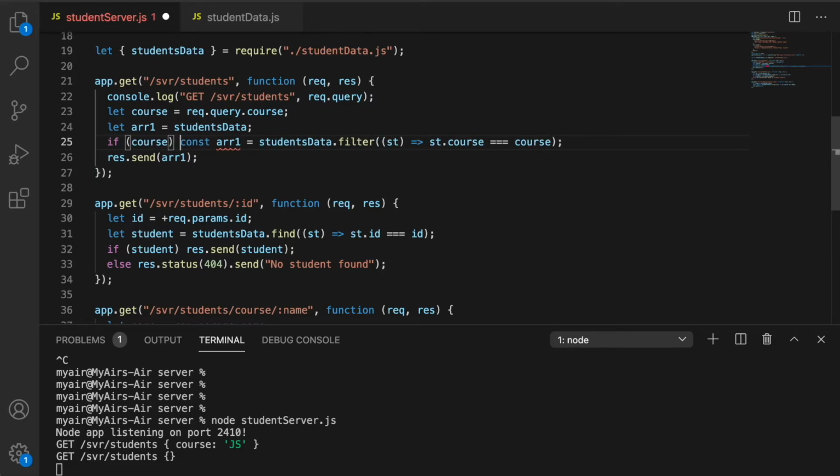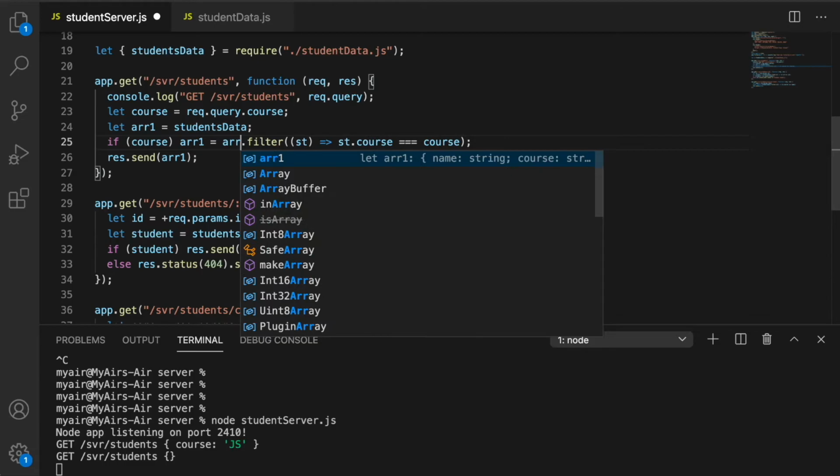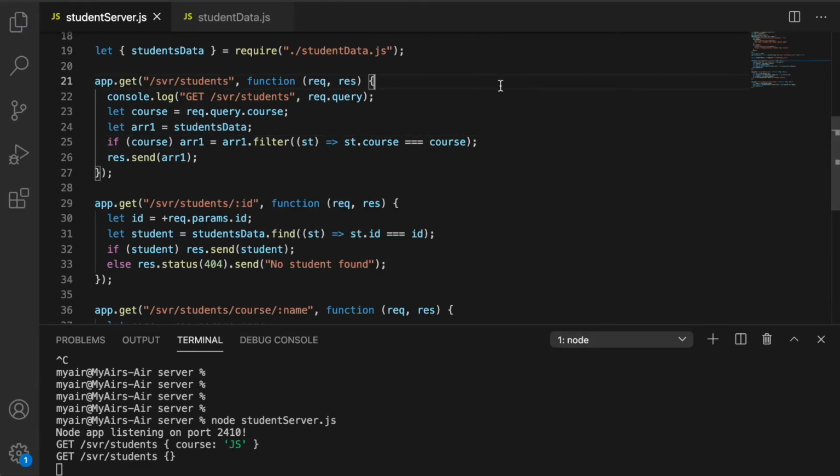If course is truthy, then what do I want to do? I want to say arr1 is equal to arr1.filter. So then I will filter it. Otherwise, I don't need to filter it, and hence my student data comes back.